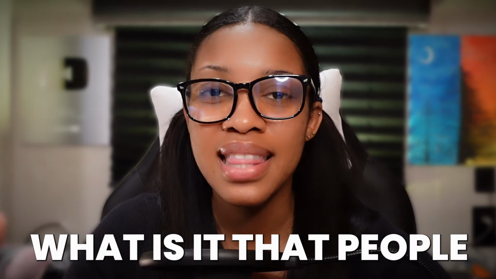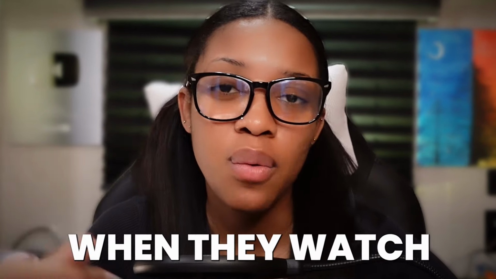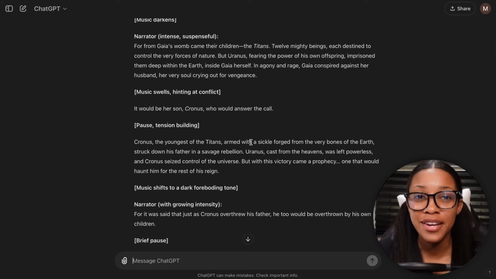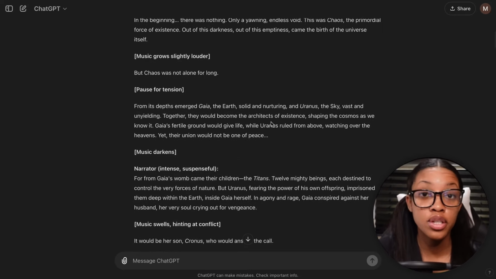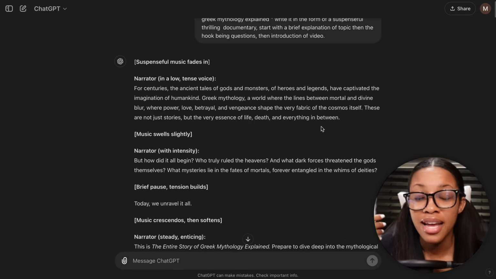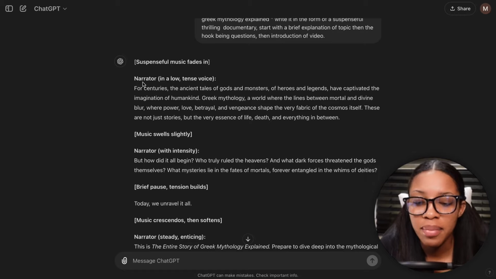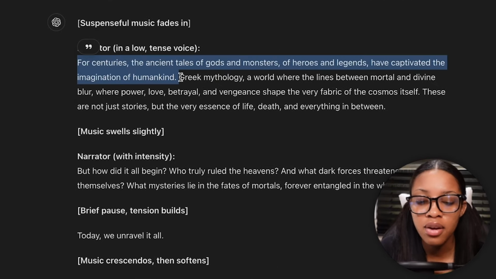So now that you have the voiceover generated, now you need to generate the images for your video. What is it that people will actually be seeing when they watch your video? So now in order to generate the images for your video, you would need to actually read your script and figure out what images you'd want to use for what part of your video. Now you can do this by using your own head, by just reading your first sentence and saying, okay, I've read this. I think for this, I would want to use an image of